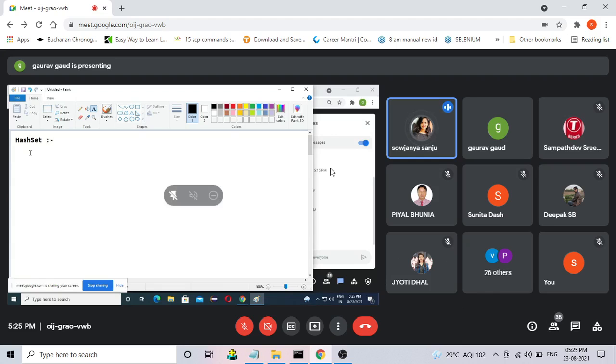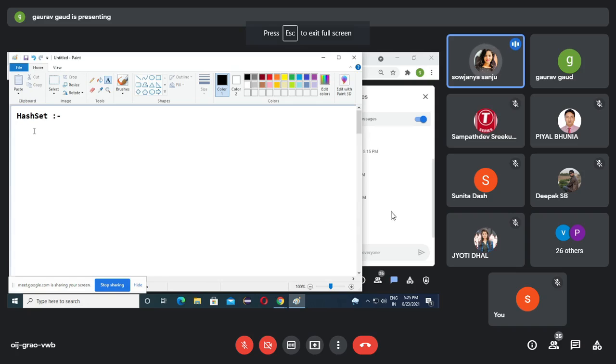We will create a HashSet object and then we will determine what exactly this process is. But before going for that, can you just read that word once again?